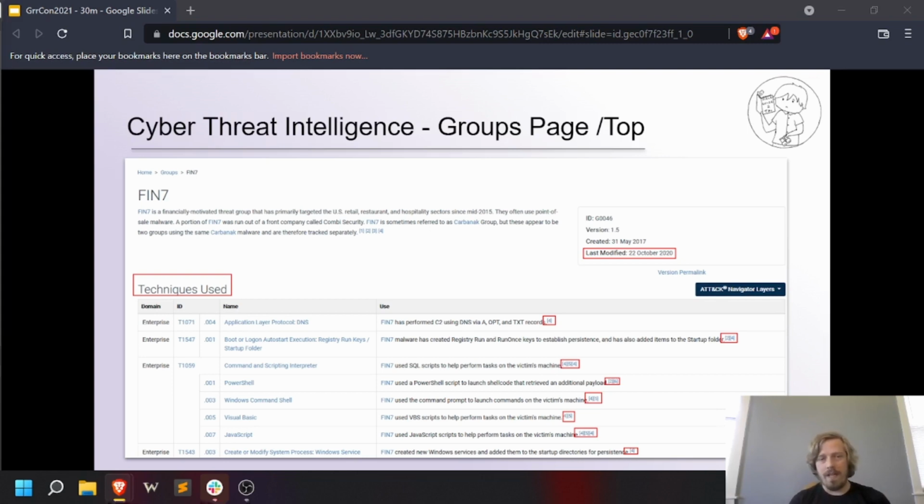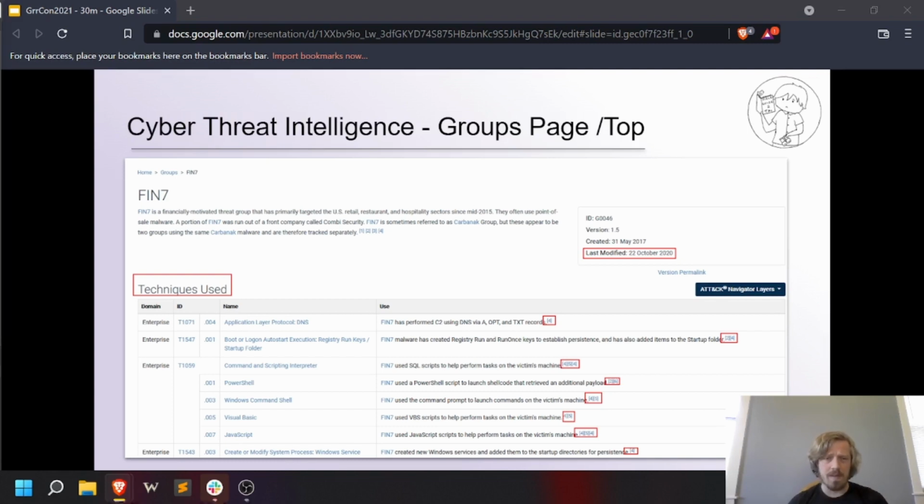When we go to the actor page, we see the last modified date, useful for knowing about how active this TA is. But note that this is not a when-the-TA-was-last-active date, but when MITRE last updated this group's page. The intel they have updated the page with may or may not be very recent.